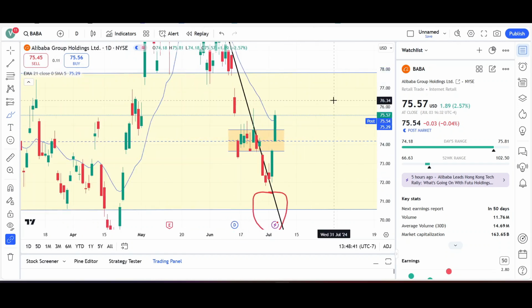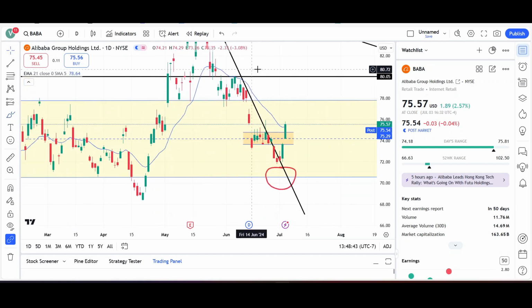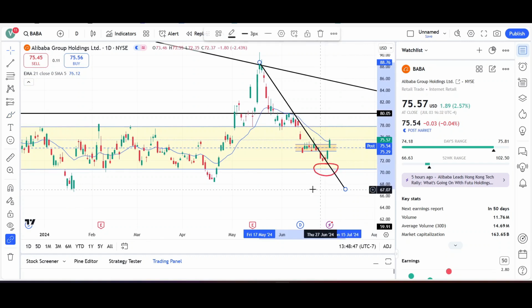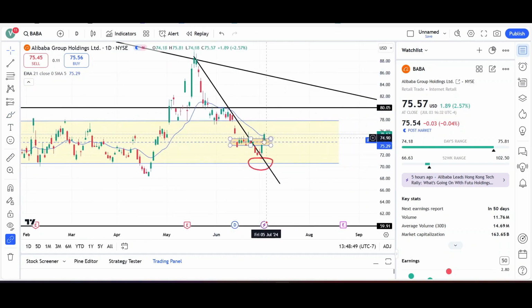So in the meantime, it did break that downward trend line, which is good for the bulls. So this downward trend line is broken convincingly now because we have two bars outside of it. We are seeing price starting to get back over the EMA, and there's a good chance that price is going to break above this level right here, this swing, and then push up higher to maybe fill in this gap